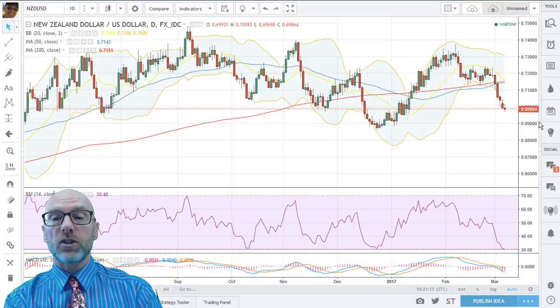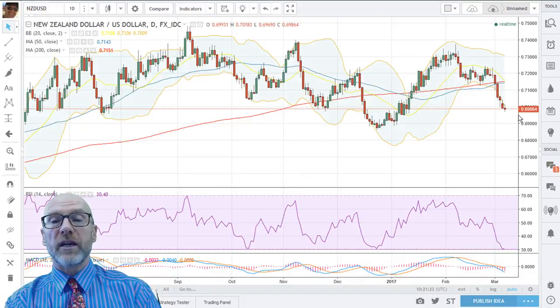Moving on to the New Zealand dollar against the US dollar, you can see the US dollar strength again. Now, reverse of the Canadian dollar here, it's coming back to support because we're on the New Zealand side. I would expect the support that we're in to hold the decline. We're quite extended now from the moving averages. You can see the 20-day, 200 and the 50 all very close together at around about the